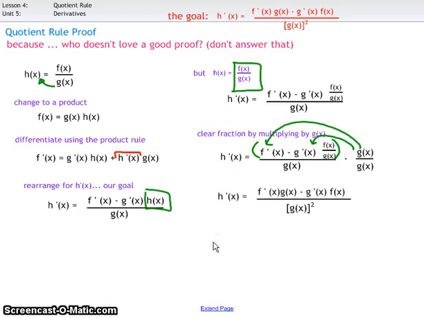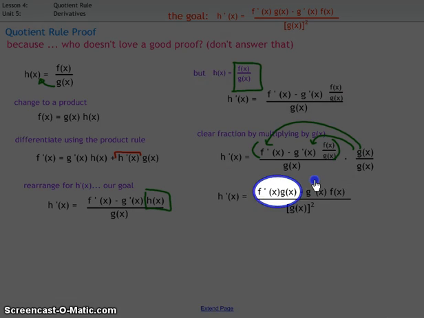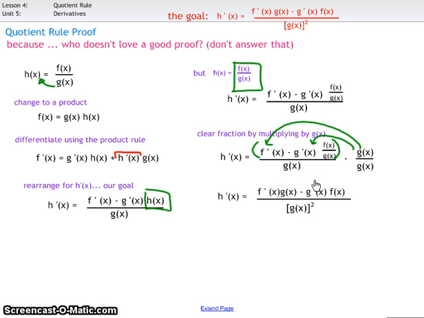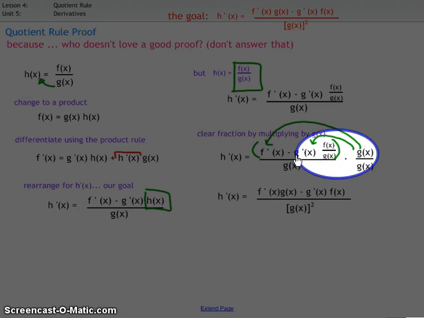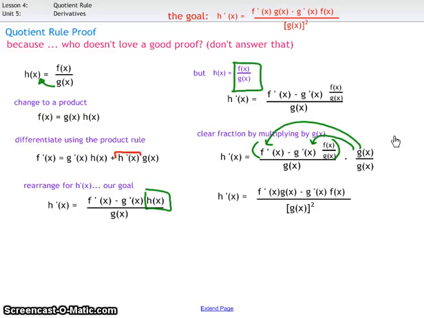So when you multiply g of x times f prime of x, you're going to get f prime of x times g of x. Okay, that's your first term there. And then for this next part here, I'm looking at specifically this part here. Okay, the numerator there. When you multiply g of x times f of x over g of x, the g of x's cancel out, which I'll show you kind of temporarily here, but I'm going to get rid of that